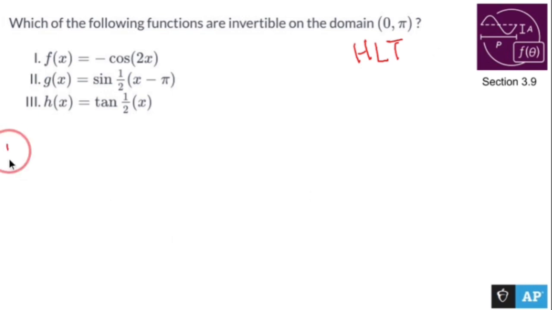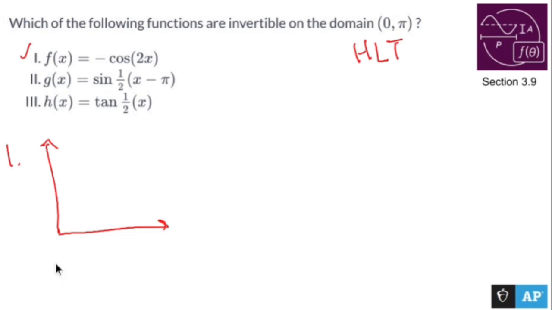So what we have to do is graph each of these and see if each of them passes the horizontal line test. Let's graph each of them first. I'm going to put U in red. So one is going to be, and again, I only care about between 0 and pi, regular cosine